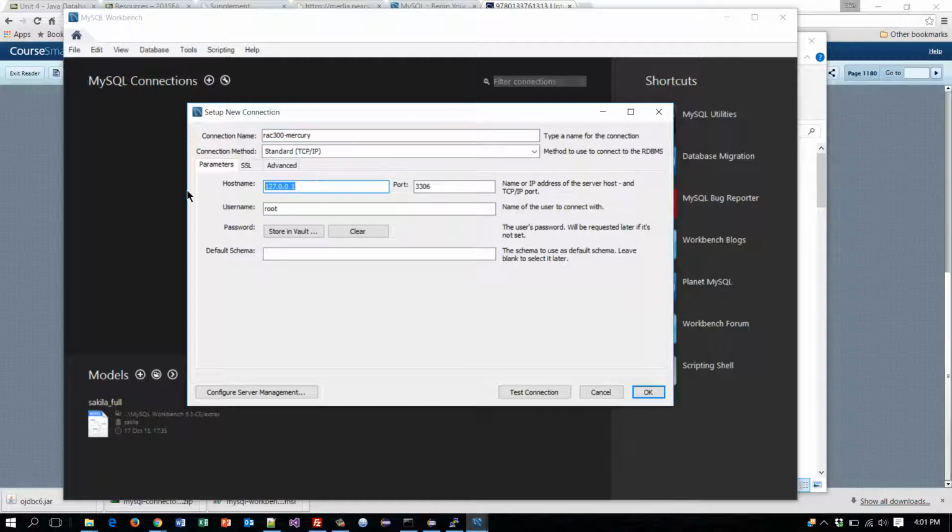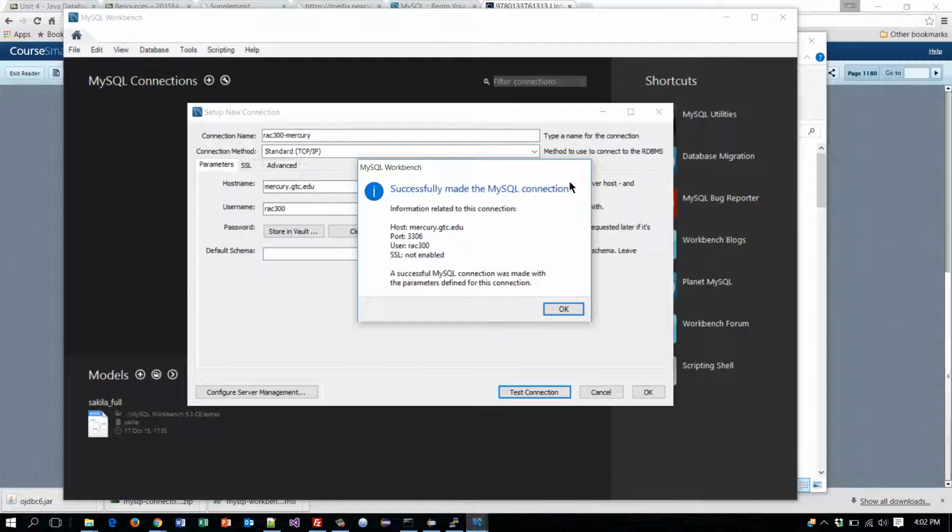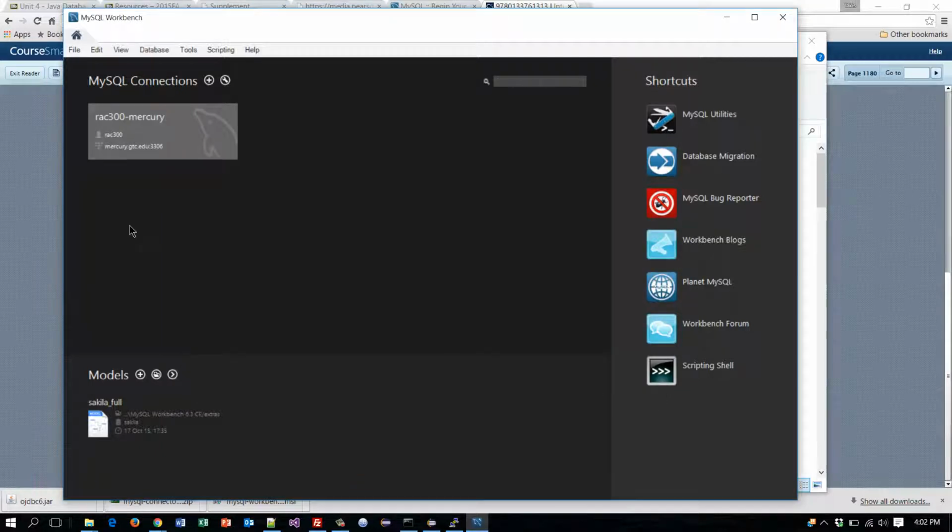Now the host name, of course, is going to be mercury.gtc.edu. Notice though that you could also type localhost here. Now we know the username is not root. The username is going to be our RAC number. And with that little tidbit in place, you should be able to do a test connection, be prompted for your password, and you can save it if you want, and then say OK, and hopefully you get a success screen just like that. So now that you have the connection configured, it'll appear as a little panel here, and then you can simply